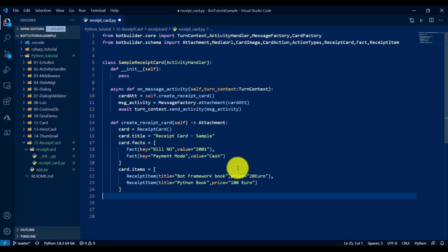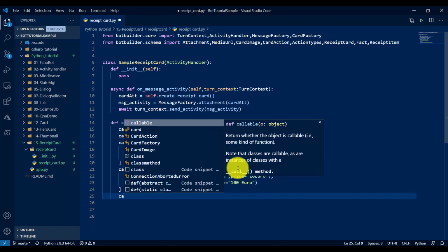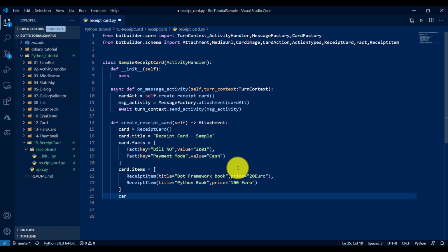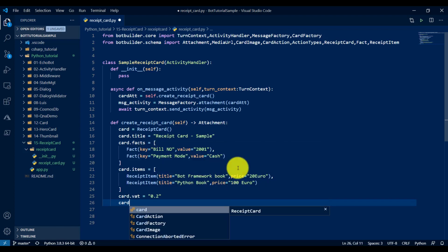Next is card dot VAT, if any VAT is applicable or not. Let's say VAT applicable 0.2, and tax. I am just giving an example, not an exact bill, just how to use this card.